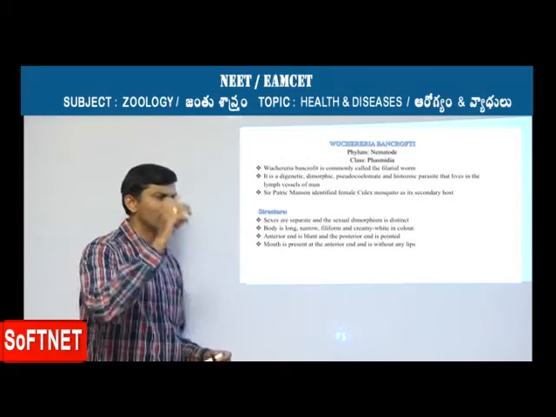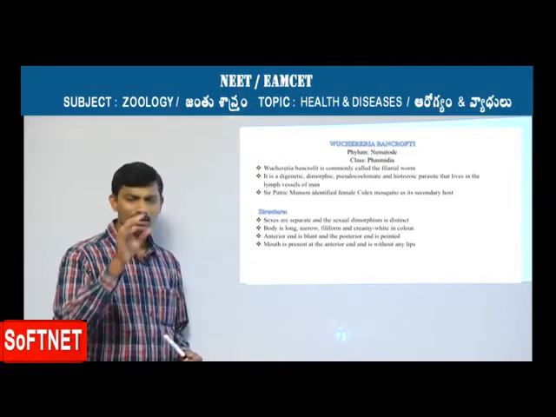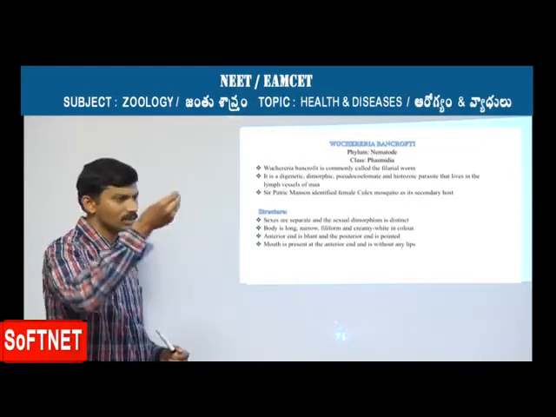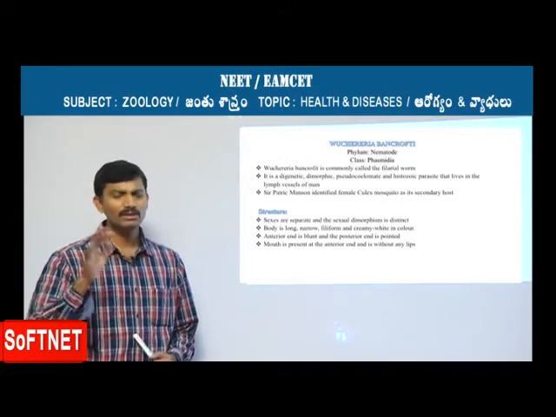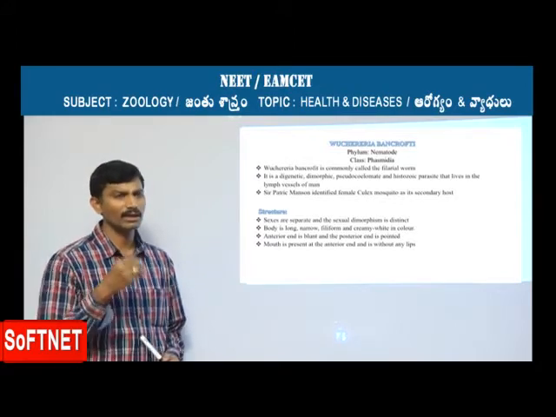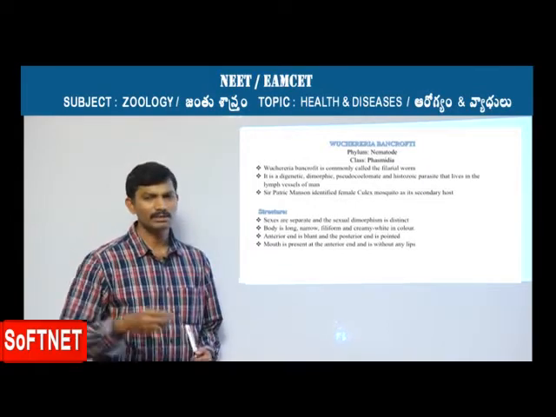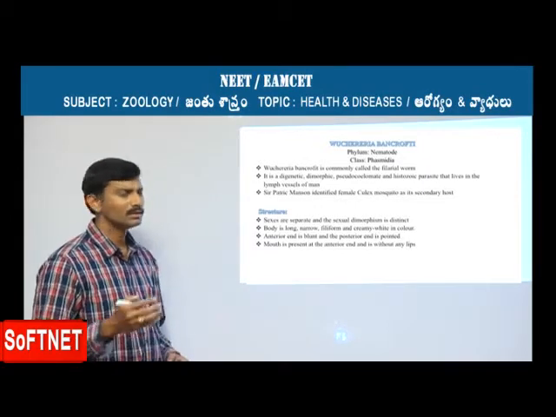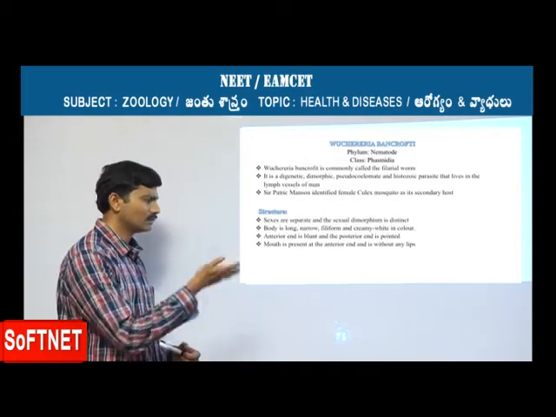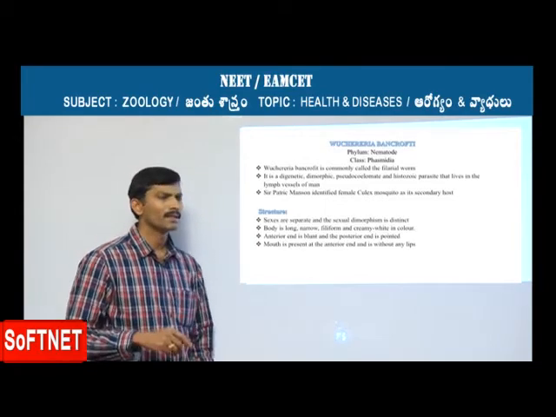The anterior end of both the parasites is blunt, and the posterior end is pointed. These are the common features, and the mouth is present at the anterior end, but without